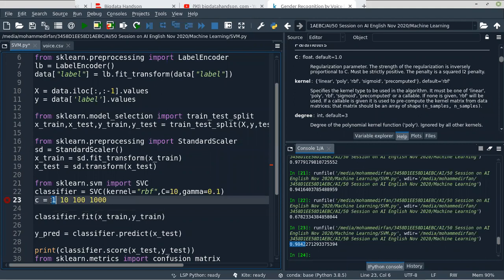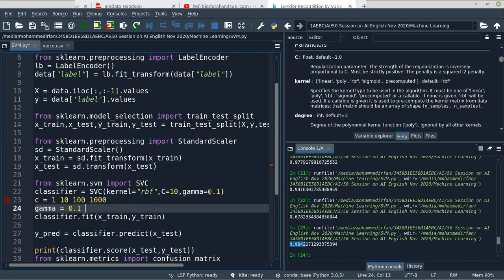I will put C as 1 and gamma as a different value. Like that I want to find a combination of the parameter values that gives more accuracy. For that we have an algorithm also in scikit-learn. For example, for the gamma value, maybe 0.1, 0.01, 0.001, like this.